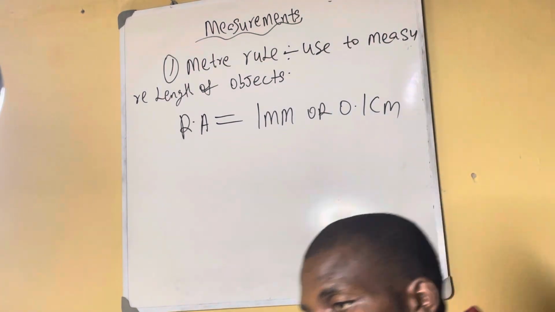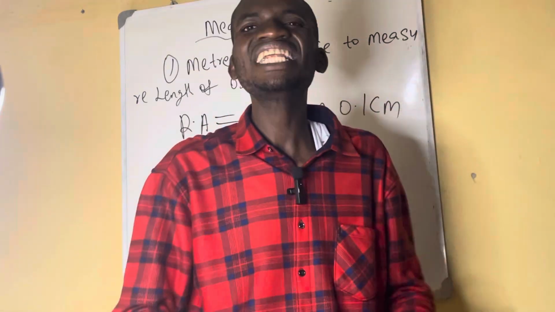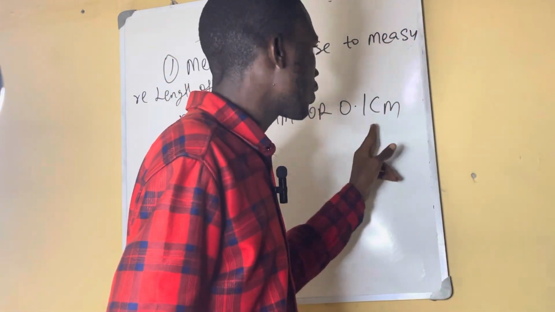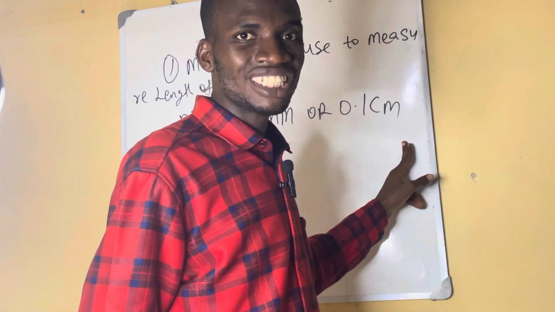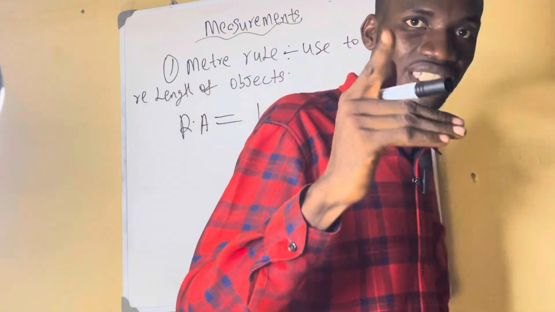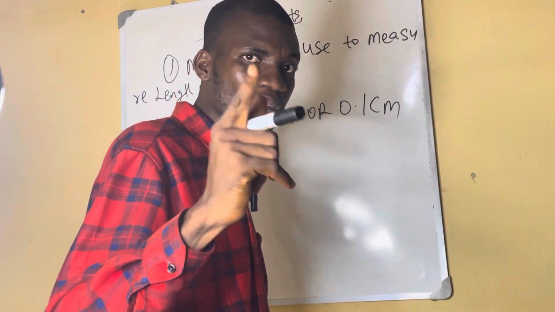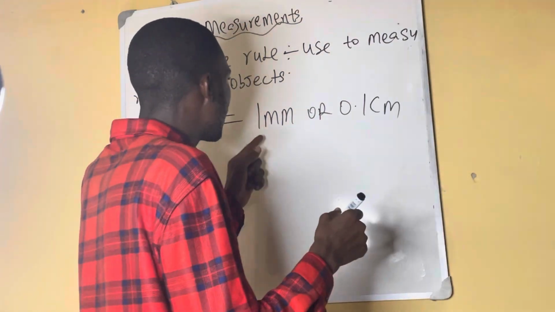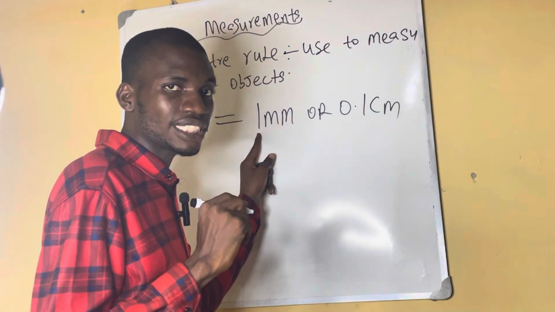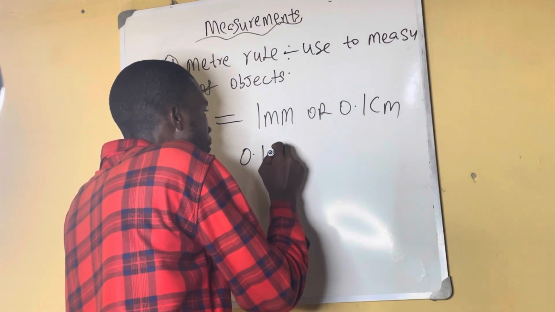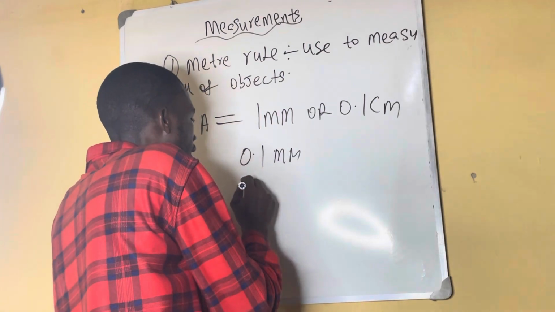So are you getting me? They can use any way to ask. So far it is meter rule, the answer is 1 millimeter or 0.1 centimeter. Do you understand? It simply means that this is the least you can get. Listen. Look at me. If Jamb asks you a question, it simply means that this one does not go with decimal points in millimeters. So you see something like 0.1 millimeter in the options,